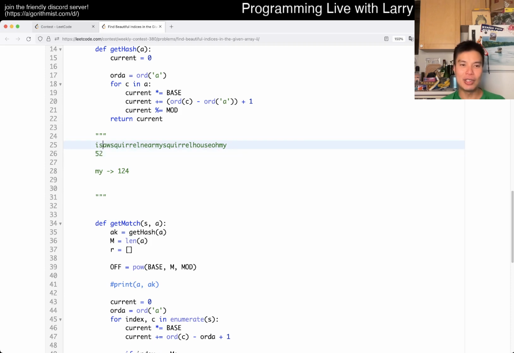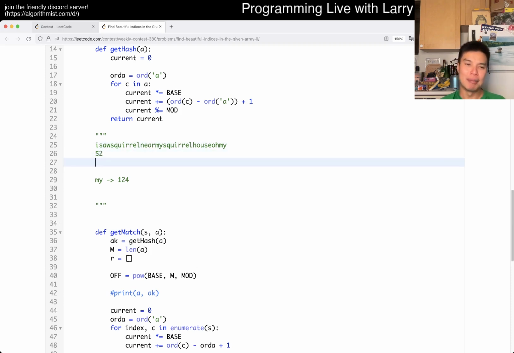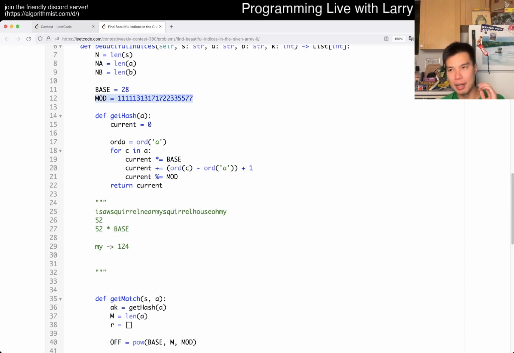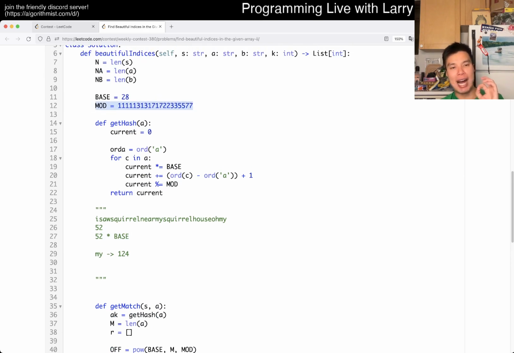Whatever, 52. And then now you have SA, but then the idea is that you can shift this number by times the base, so you can shift this by a little bit, and because of the mod, this actually only bounds it by the number of digits, right? So it's a very cheap operation relatively. I don't know what this number's log base is, but let's say it's 20, not even, probably like 10, right?